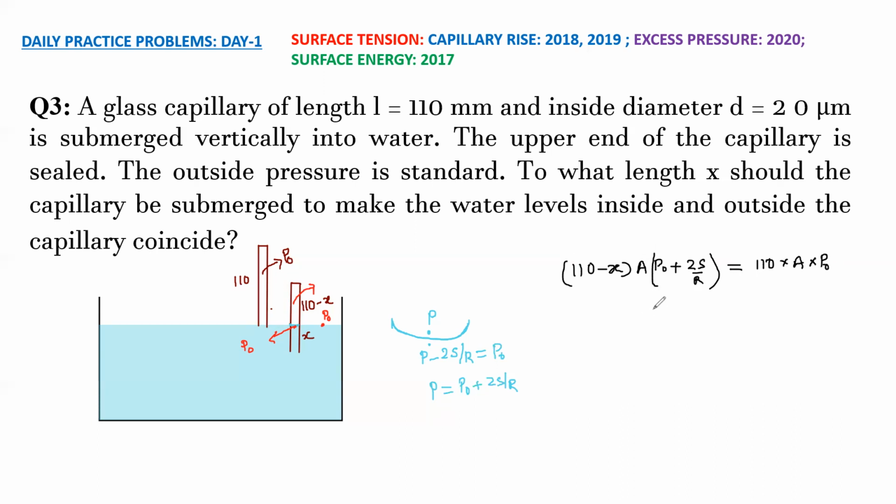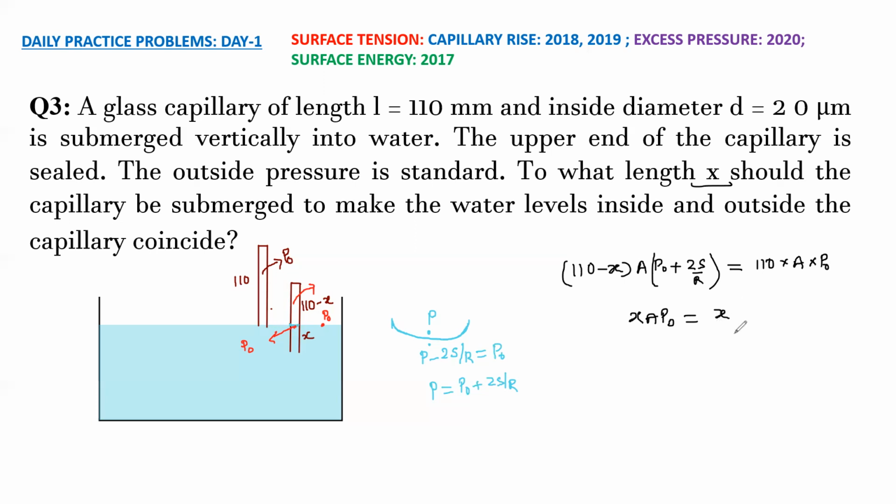So from here we can get x, which is the submerged length. As you can see, 110 into A into P0 gets cancelled anyway. So we get xA P0